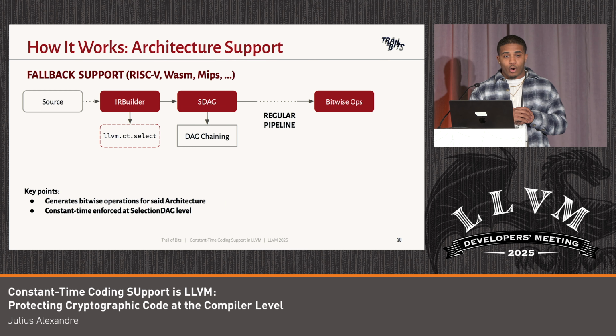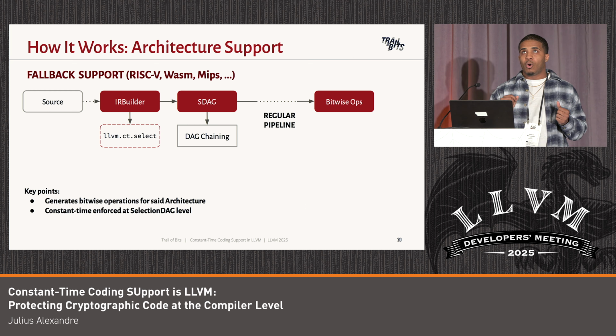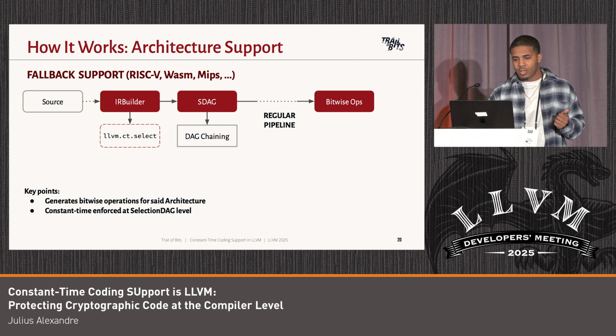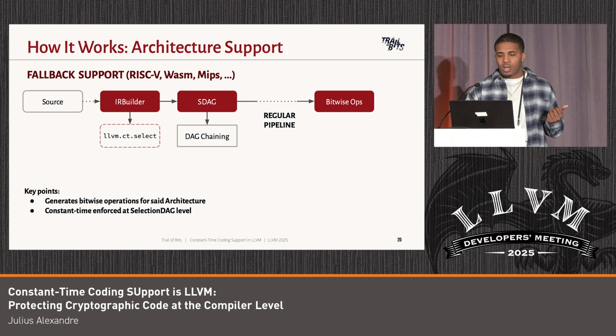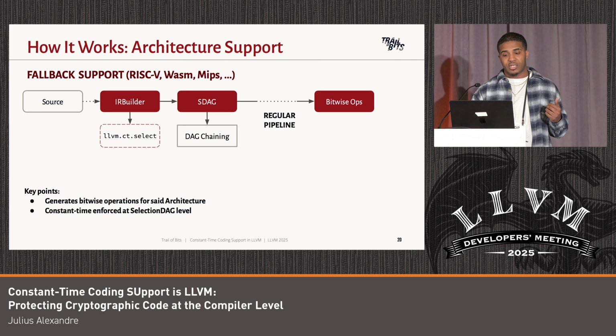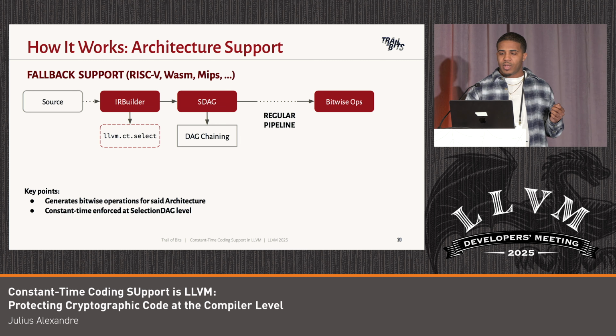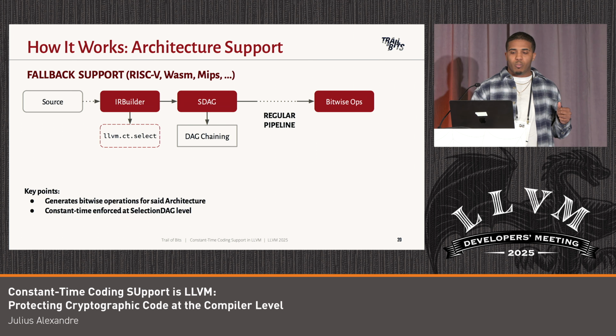The great thing about our implementation is that for architectures that don't have native support, or where we didn't add native support, or that don't have a native conditional move or conditional select instruction, we still offer a constant time guarantee. The fallback implementation pipeline takes a different strategy. Instead of doing it at post RA, we do the constant time enforcement at the selection DAG phase. We do DAG chaining against the operations, essentially creating artificial dependencies between them. So once it goes through the LLVM pipeline and gets lowered, LLVM knows not to touch it, so we won't break the dependencies.